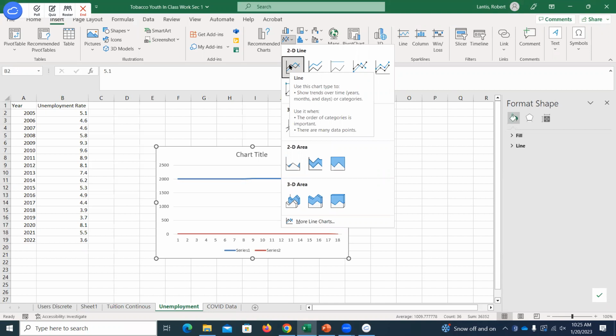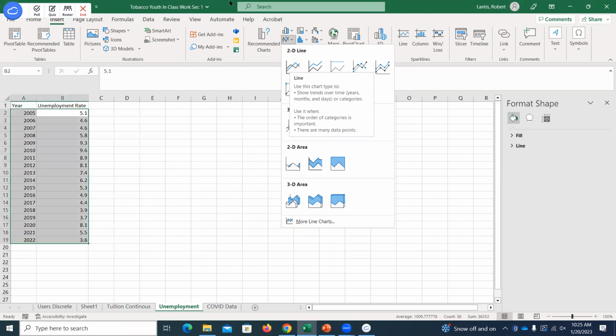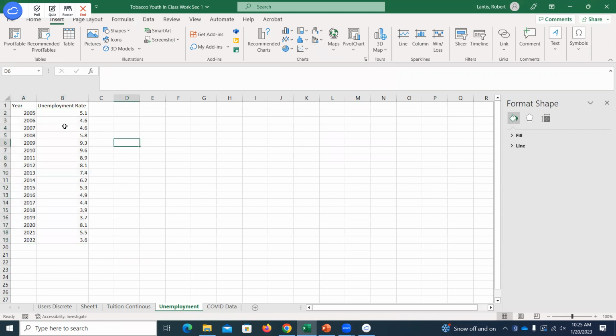is I want my year down here and I want my unemployment rate. So I'd have 2005, where was the unemployment rate? 2006, where was the unemployment rate? 2007, right? And I would get this nice time series graph. The problem is, like I said, it's treating the year as a second variable. So what we have to do with these time series graphs is only select whatever's changing, whatever the variable we're trying to plot is. Here, the variable we're trying to plot is the unemployment rate.